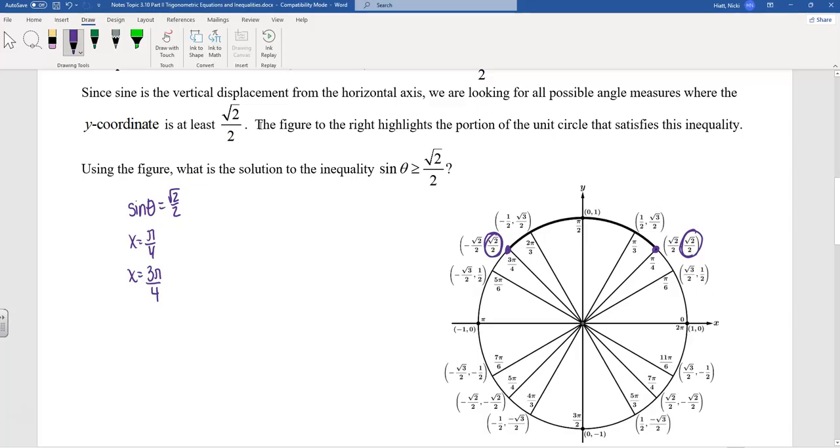My favorite way to do this is, most of these are going to have 2 points where this happens, and I like to connect them with a line. If you connect them with a line, those have the same y-coordinate, right? Sine is our y-coordinate. We want to know where sine is greater than these values. That's above. So that would be this section